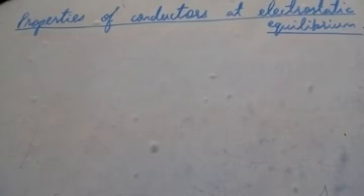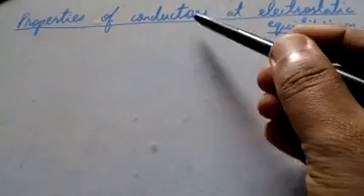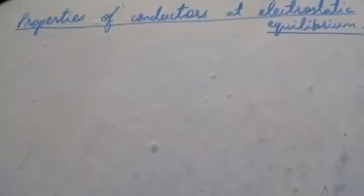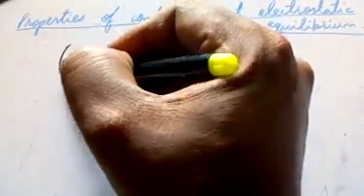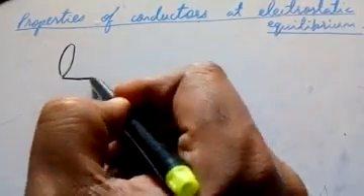Let us now study properties of conductors at electrostatic equilibrium. So what's a conductor? A conductor is a metal or any substance which allows charges to flow through. So that's what a conductor is. Now let us take a wire here. Okay. Let this be a wire,